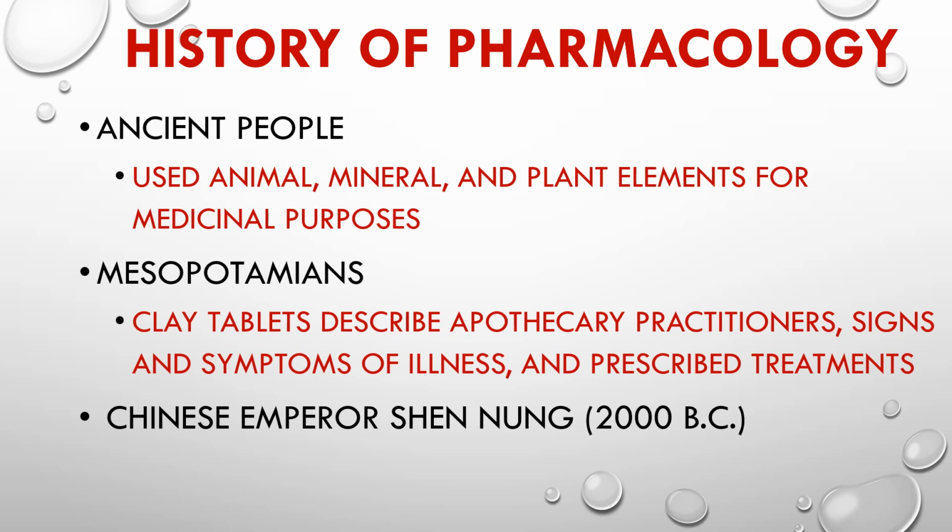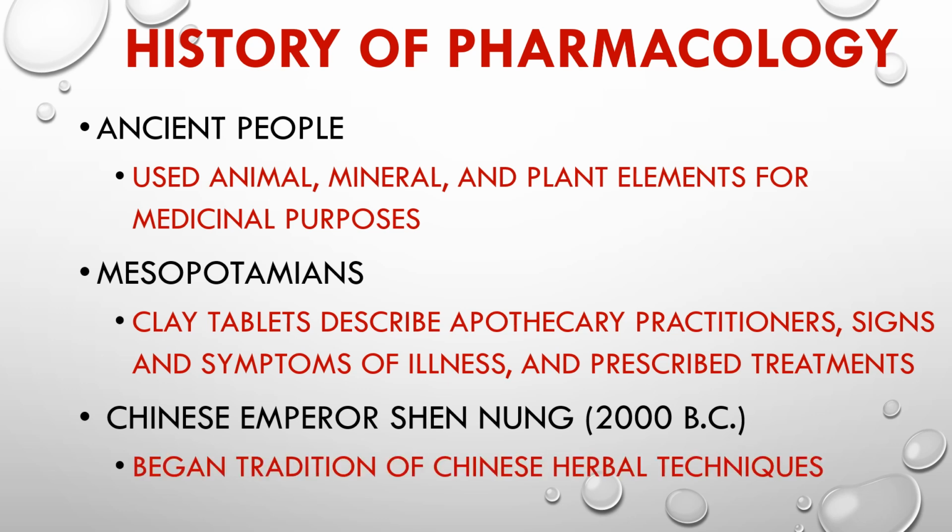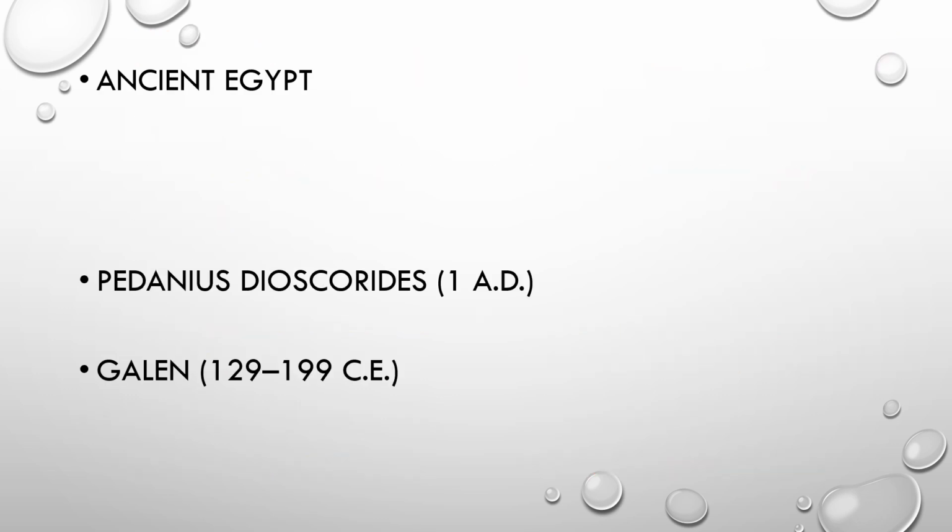And then the Chinese, who are mainly known for their Chinese herbal techniques. So especially in Emperor Jin Young, even 2000 BC. So again, thinking about like 4,000 years ago, they had these Chinese herbal techniques that were started. Then in ancient Egypt,